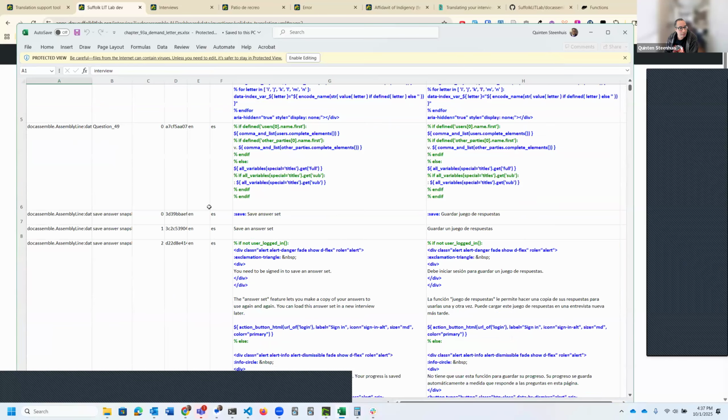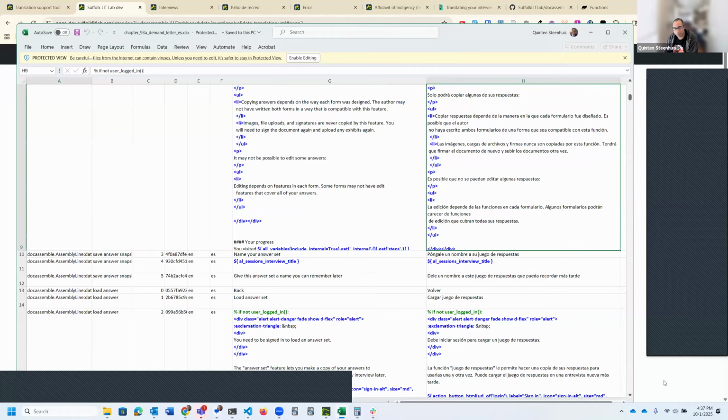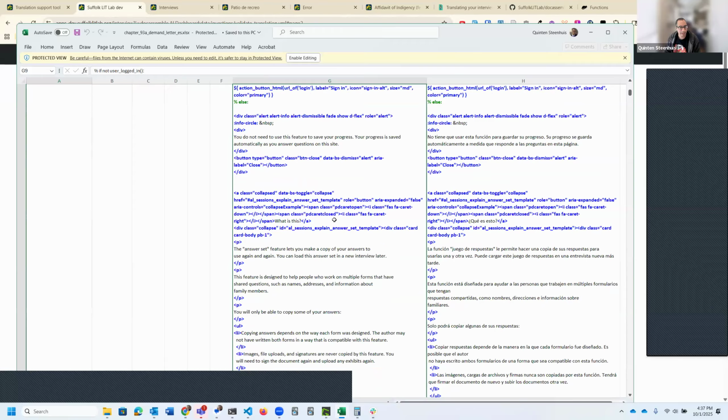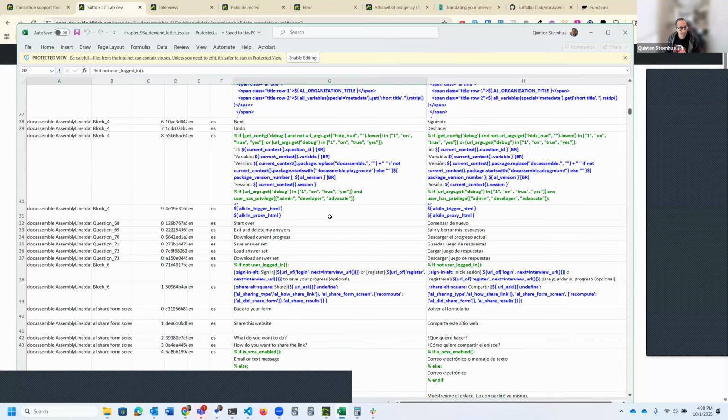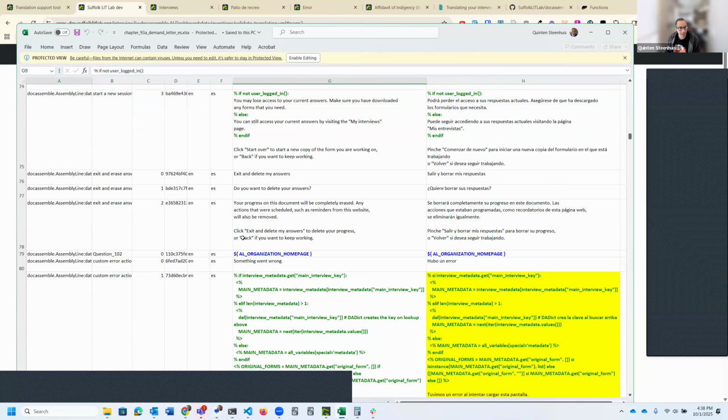Is there like a floating pound symbol on row 9? And this was not part of the AI translation, so I'm going to ignore it because it was already translated by a person manually. So now I'm going to look at row 81 here and see if I can find anything obviously wrong. And then if not, I'm going to look closer at the error message to understand what it thinks